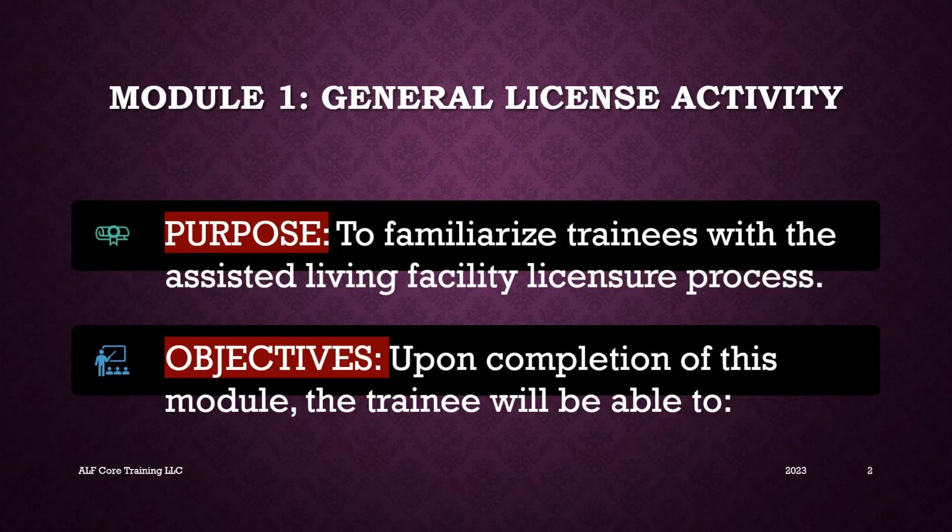Module 1, General License Activity. The purpose for this module is to familiarize trainees with the assisted living facility licensure process. The objective, upon completion of this module, the trainee will be able to